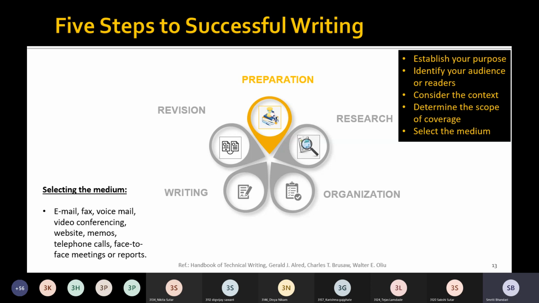So depending upon the purpose, and once again the audience and the type of communication that you would like to establish with the target audience, you are supposed to select the appropriate medium for communication.